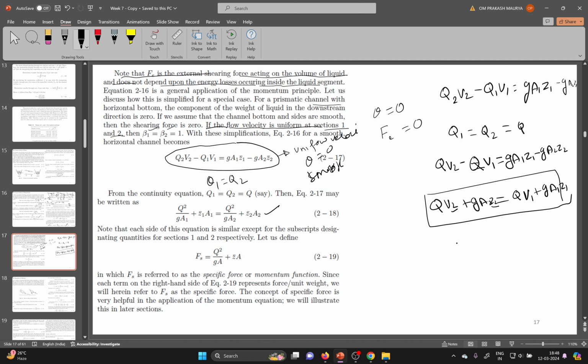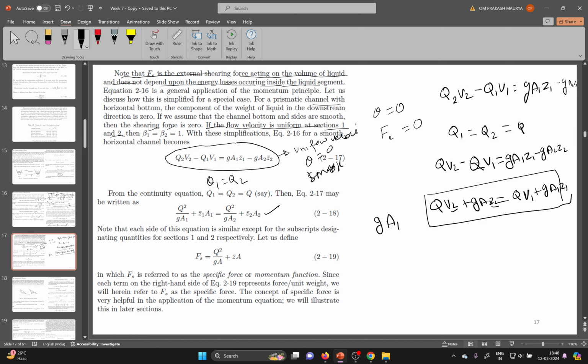So what you will get if you divide the whole equation by g a1, so what you will get,